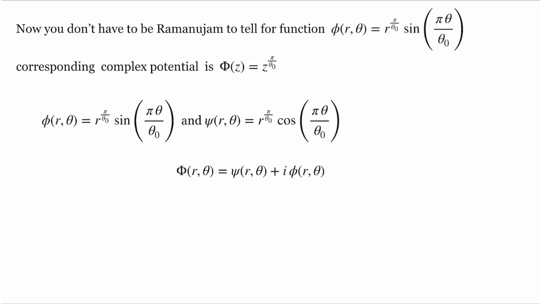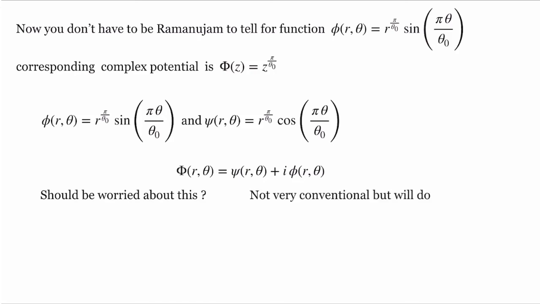Complex potential, they are harmonic conjugates of each other, so you can write in terms of any order which you like. One doesn't specifically have to use the real part as the potential and the complex part as the harmonic conjugate. You can write it the other way around also, with the complex part as your potential and the real part as your harmonic conjugate. Should we be worried about interchanging these two? Let's go ahead and plot and see some of these functions.